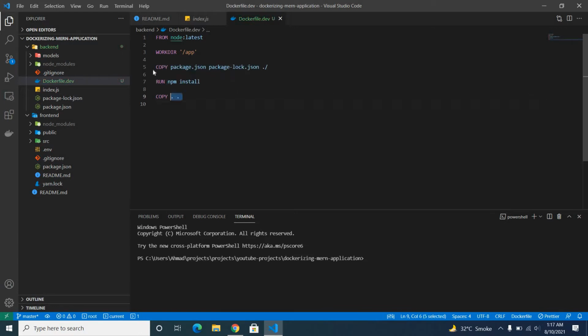Guys, we do this step because we do not want to run npm install every time, because we need to run npm install only when we add a new dependency.